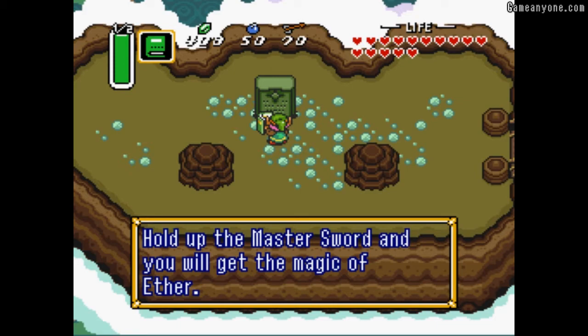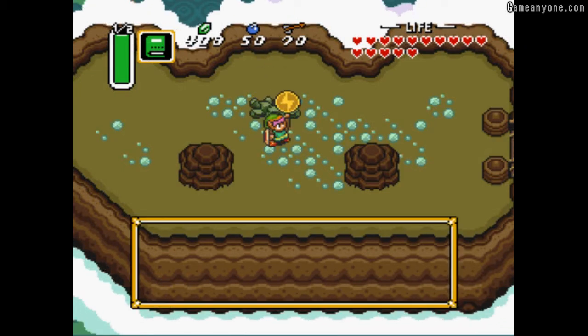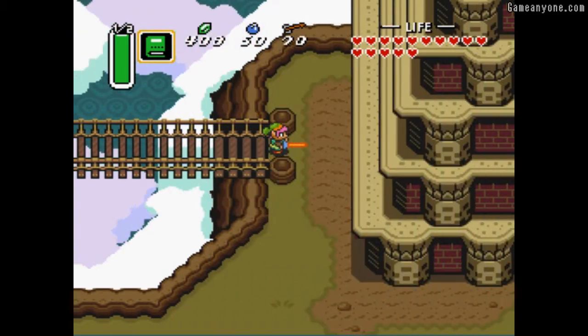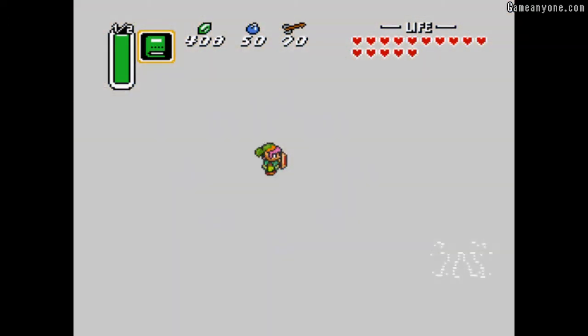And hold up the Master Sword and you will get the magic of Ether. And we basically need this magic to either freeze enemies, which we will probably never use it for. This is the Ether Medallion. Its magic controls the upper atmosphere and polar wind. Watch your magic meter. But we also need it for something else later, which I will be showing off once we actually get there. So yes, many things to look forward to,